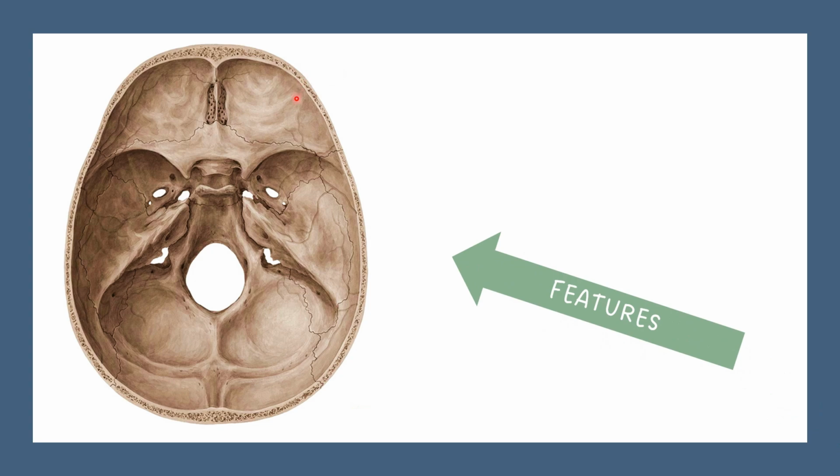Now let's look at the features of anterior cranial fossa. This is the frontal crest. So it is the median crest in the anterior wall of the fossa and it provides attachment to falx cerebri. Behind that we have the crista galli, which is an upward tooth-like projection. And in the midline, next we have the jugum sphenoidum. Its anterior margin meets the posterior margin of cribriform plate and posteriorly it is limited by sulcus chiasmatis. So this jugum sphenoidum separates the anterior cranial fossa from the two sphenoidal sinuses.